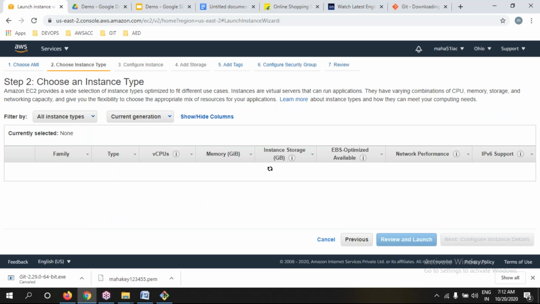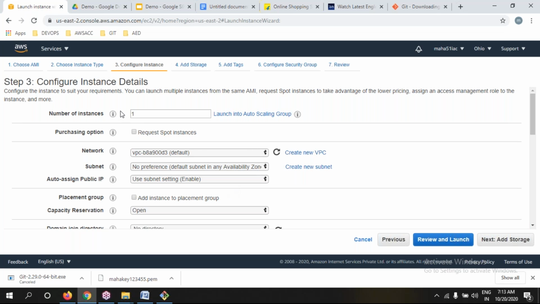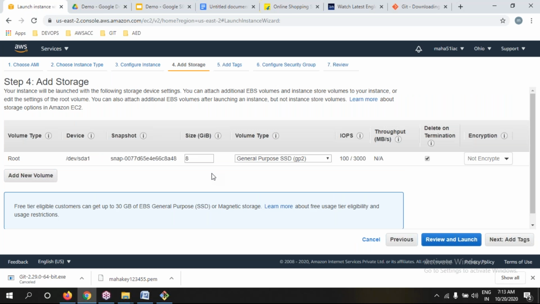Ubuntu 16, it is a Linux machine. CPU, memory: it is a T2 micro. It is a free trial up to 750 hours per month. One instance, default network, subnet, and AMI. Let me choose 2A. Add storage: 8 GB, or you can increase it to 10 GB also.